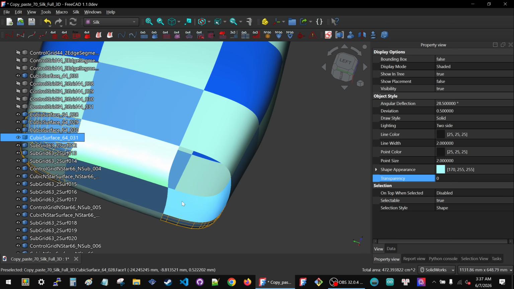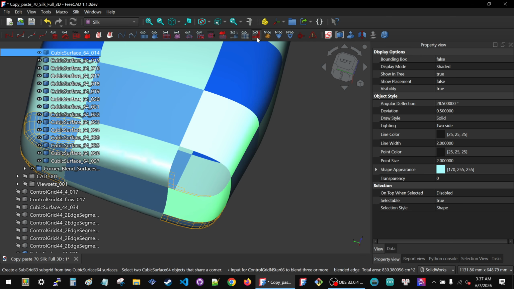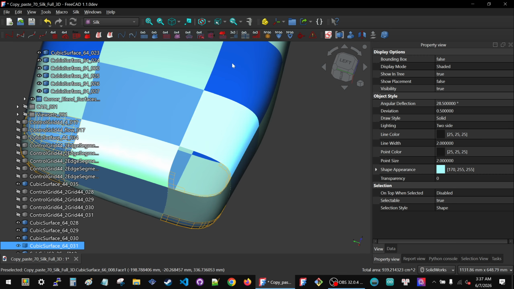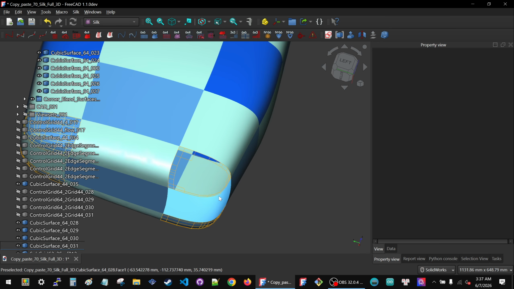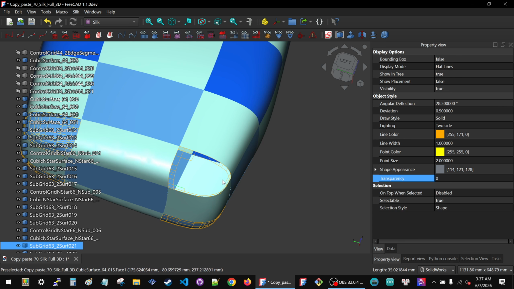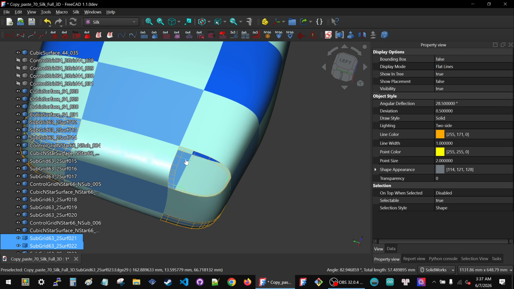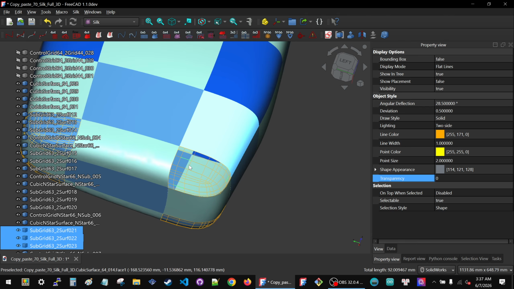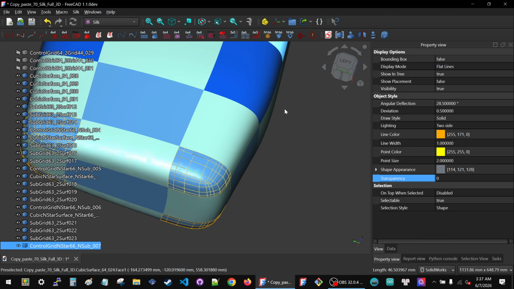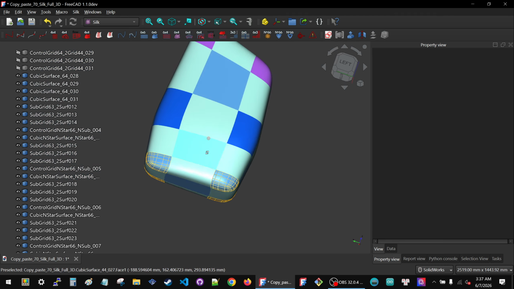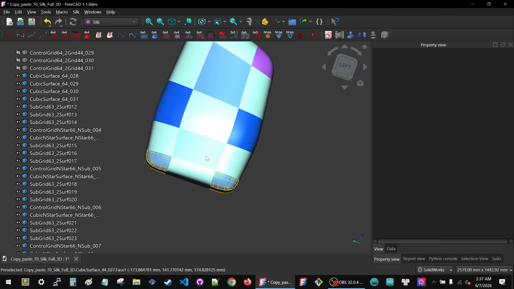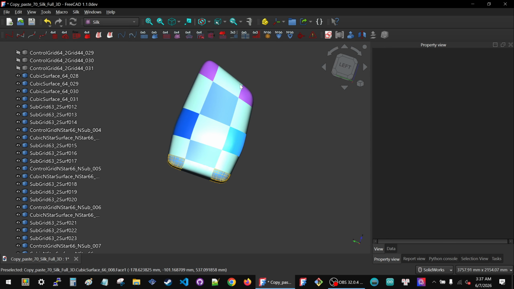Keep going. This guy, this guy. Here, this guy, this guy. Here, this guy, this guy. Here. First one, second one, third one, full grid, triple surface. Yeah, I'm not going to increase the quality on these because I'm actually going to lower the quality